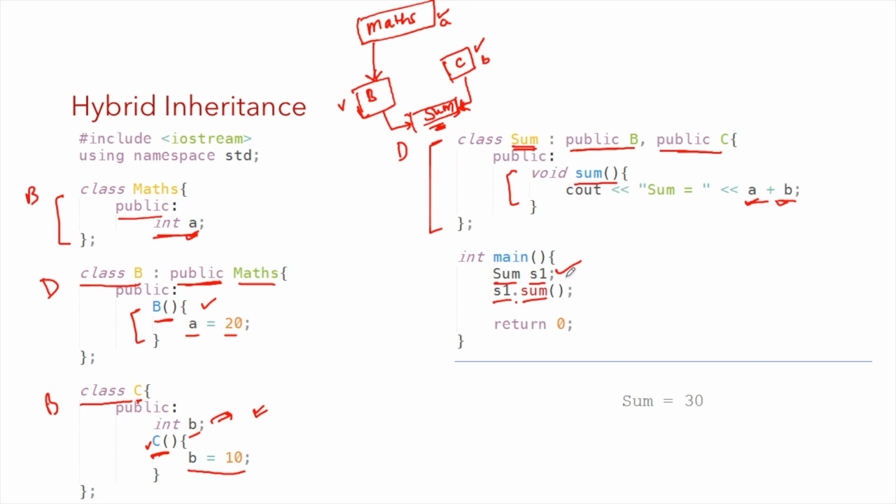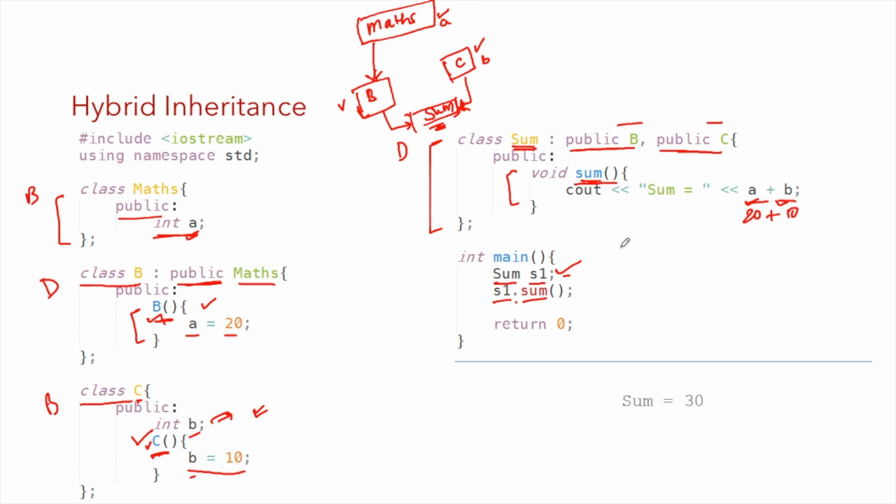So because we have done inheritance here of B and C, this constructor will be called first, so the value of A will become 20. Then this constructor will be called, so the value of B will become 10, and after that this constructor will be called, so sum will be equal to A plus B, that is 20 plus 10,